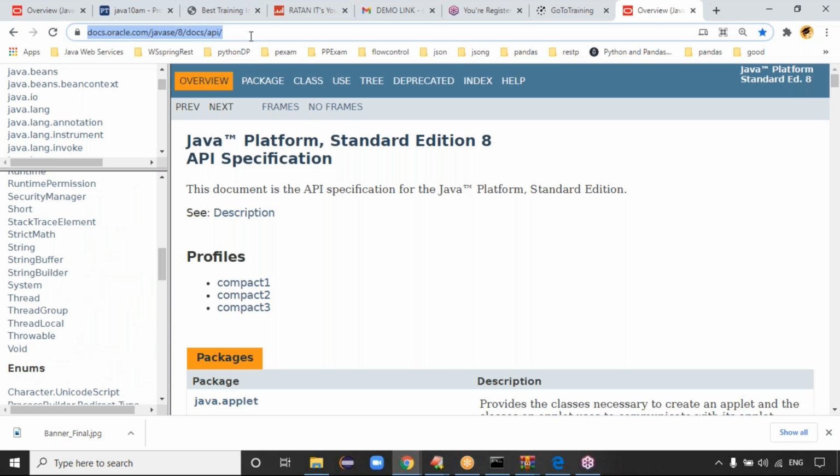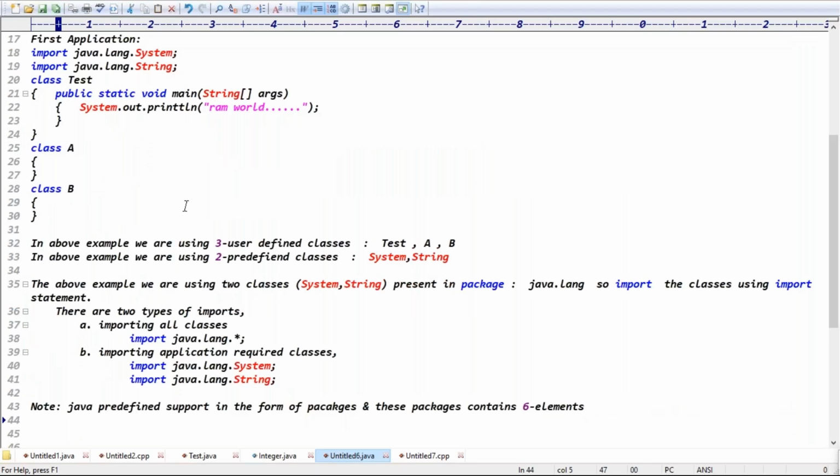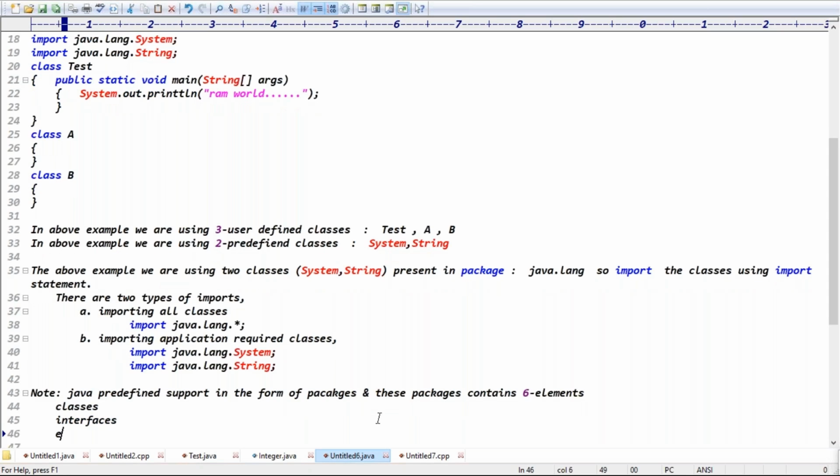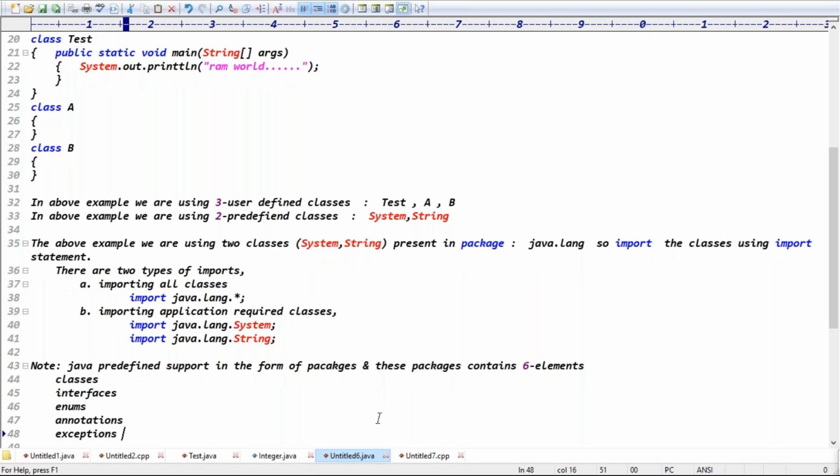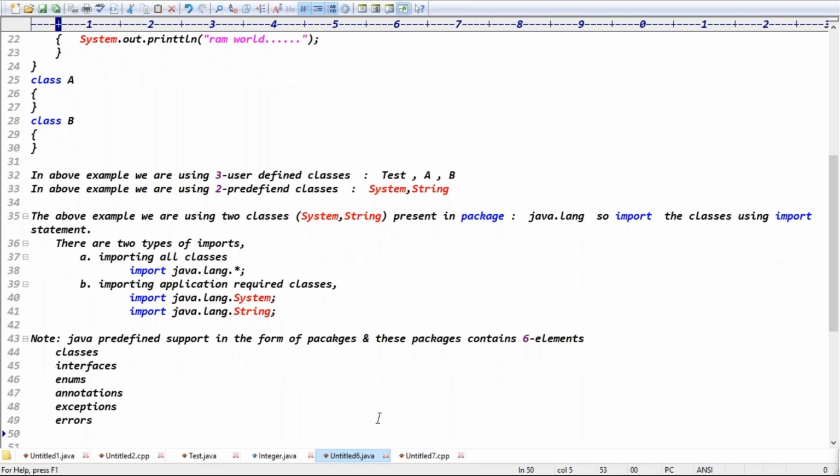This package contains 6 elements in total: classes, interfaces, enums, annotations, exceptions, and errors.